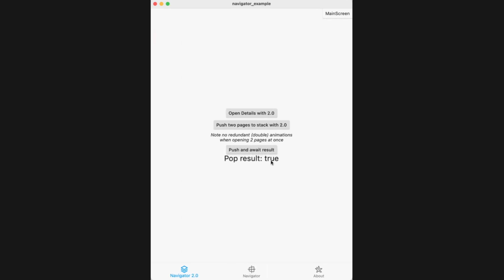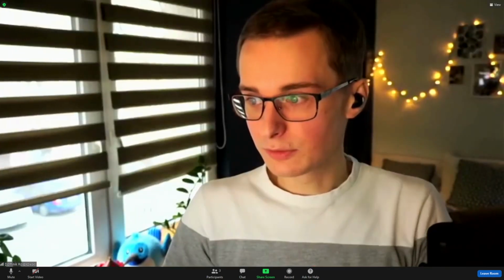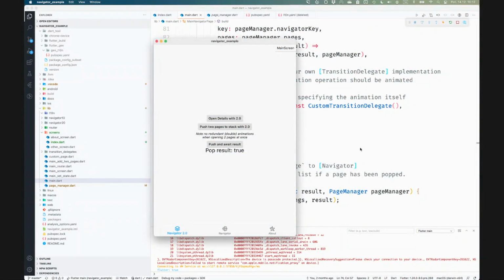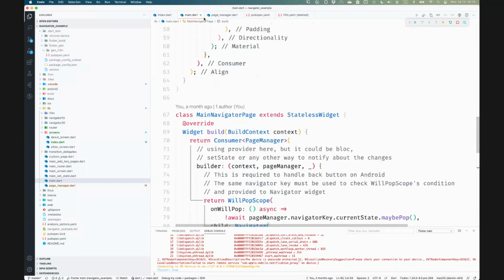So in the new Navigator 2.0, you actually don't have this very easy way to return your navigation result through the pop callback. So I'm also going to share my screen again so that you can quickly see how this is done. This is not ideal. If you have any other ideas how this could be done,